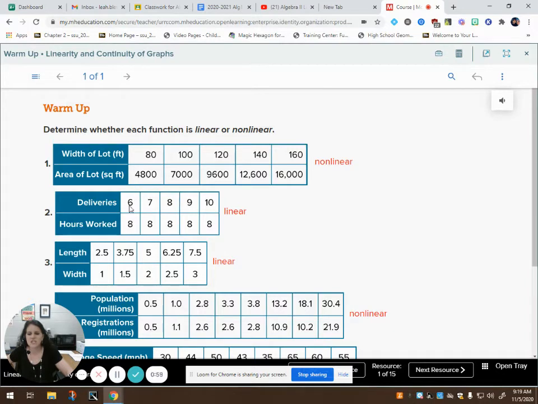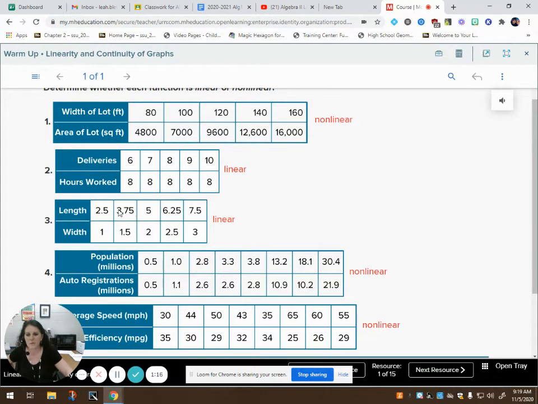If the change is the same each time, then it is linear. So looking here, as it goes up by 1, this goes up by 0 each time. The change is constant. As x goes up by 1, y is going up by 0 every single time. Here, we're going up by 0.25. As we go up by 0.25 from here to here, this goes up by, let's see here,